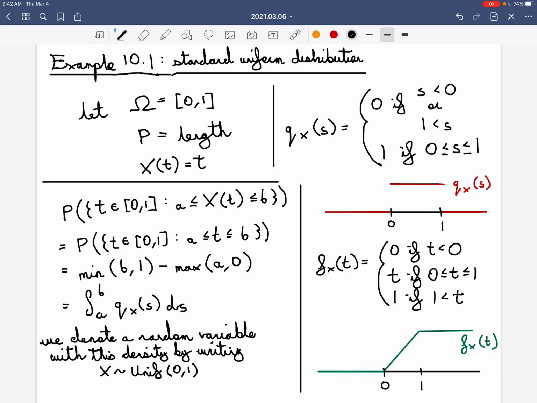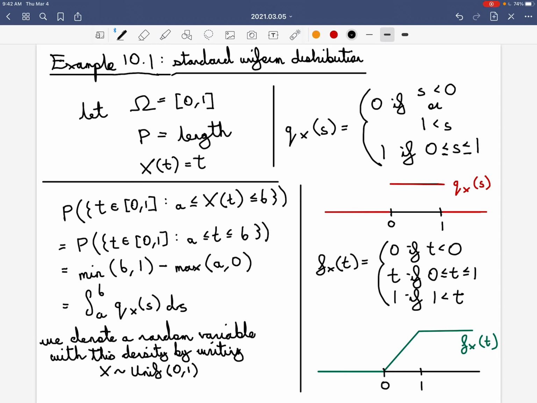And it's equal to 1 if the input is in the unit interval. So you can see I have in red the graph of this function. It looks like a step of length 1 over the unit interval. And on the bottom left, I have a verification that this really is the density for the standard uniform distribution,